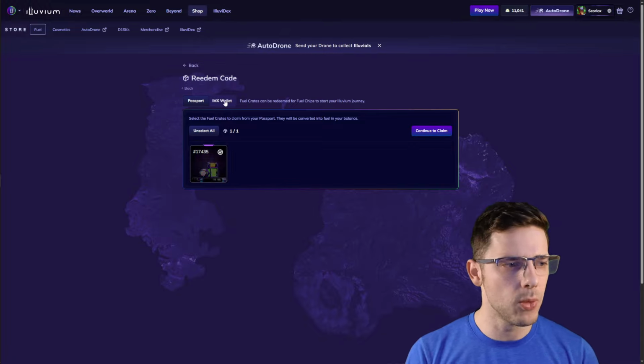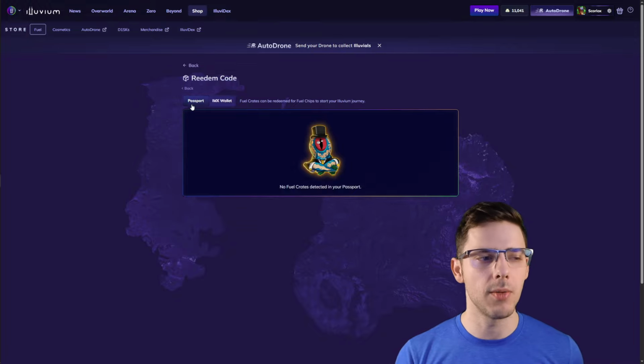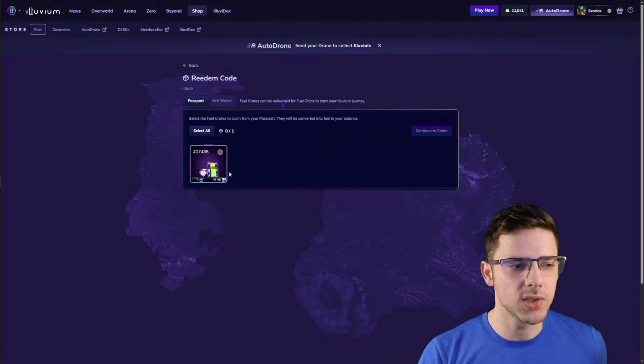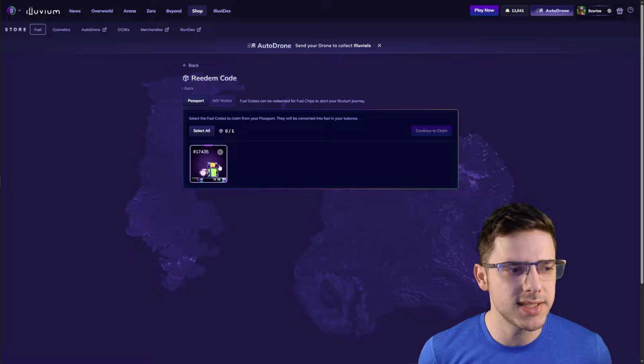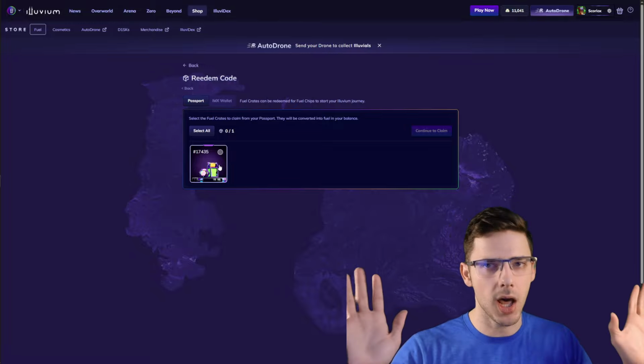I have them on my other wallet. If you go to IMX wallet, you can actually connect your MetaMask right here. I'm not going to do that right now, but in your Passport, you'll have one as well. I bought one yesterday for 5 USDC. I don't know how that was a thing. And there's another one listed up there for 5 USD. So I don't know what that's about,